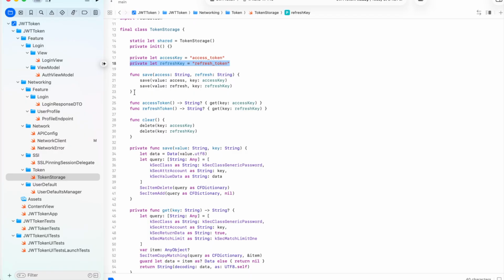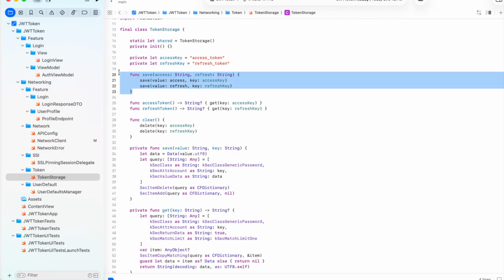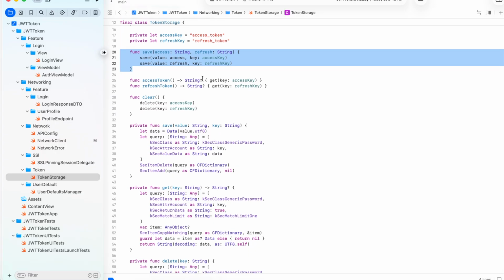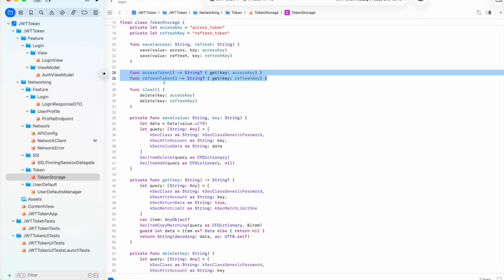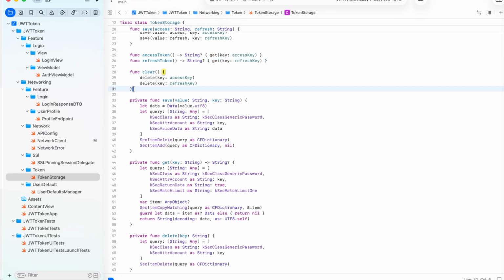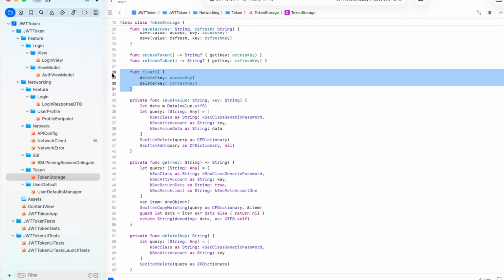Then our save is where we save our tokens and refresh token we get from the backend on the basis of key and values. Then we get those tokens from these functions which will return our tokens. Clean is where we clean all the data